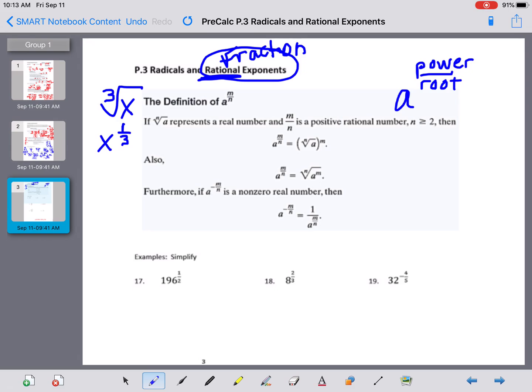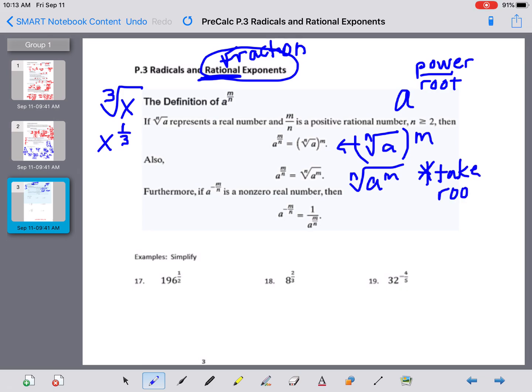So we have two options. We could do a to the m, no, they did the root first, and then they did m as the power. And I'm going to tell you that's the best way to do it. Or we could do the power inside and the root of both of them. But I'm going to tell you first, especially because when I say no calculator on the quiz, next test and such, which, hint, hint, I am saying that. So that's a heads up for those of you that are watching and hearing. Take the root first,